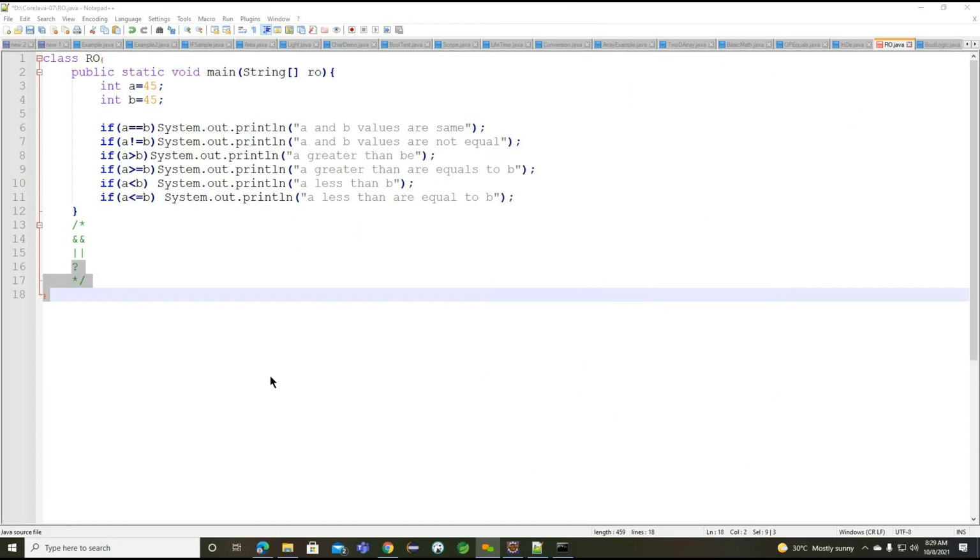In our Monday class we are going to work on control statements. Control statements will give you more information about if conditions, switch cases, nested ifs, and else if conditions.